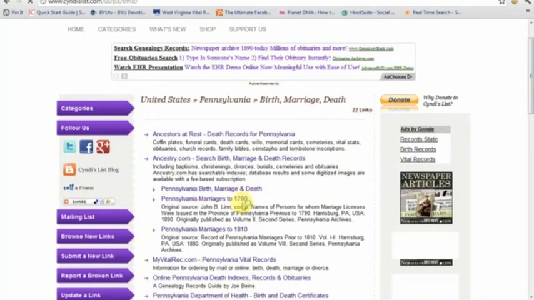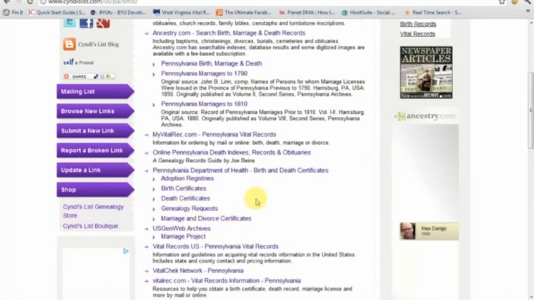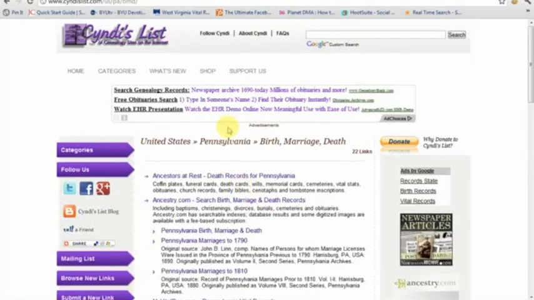So I use that free resource quite a bit, and what happens then is when I find something I'm interested in, I'm able to then go and search that database. Google searches don't search everything online. That's really important to understand, and so we're just going to go really quickly back to